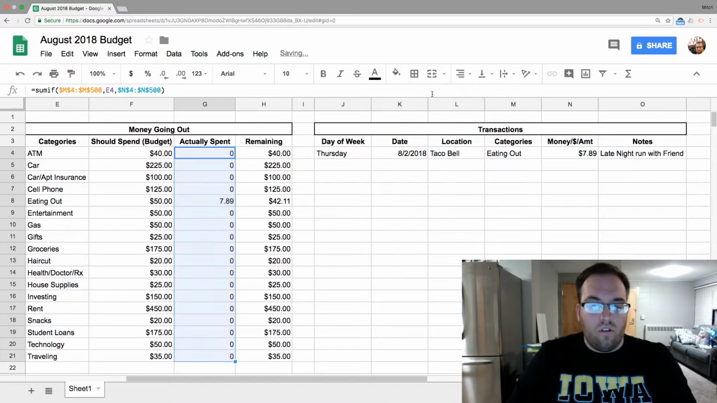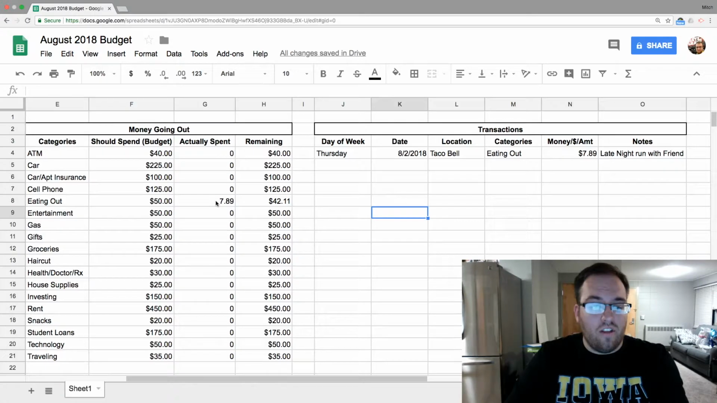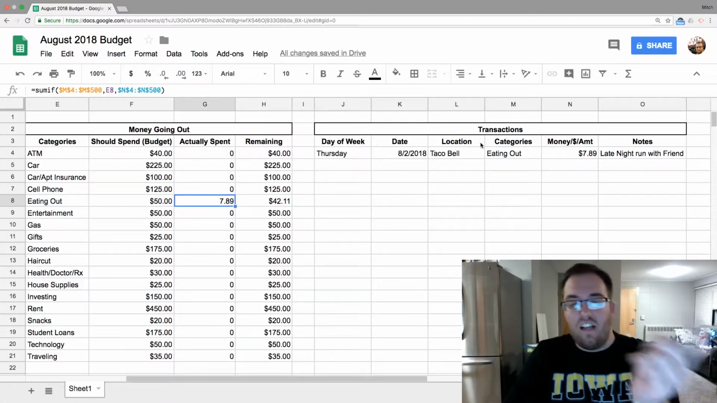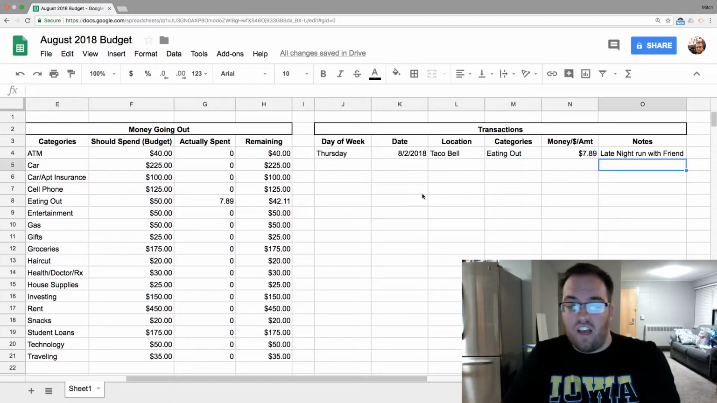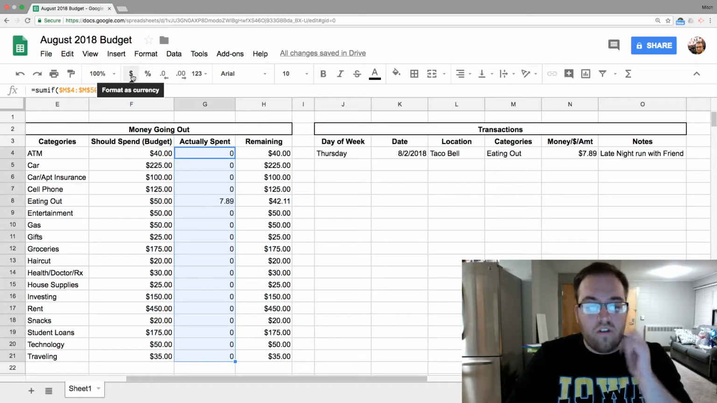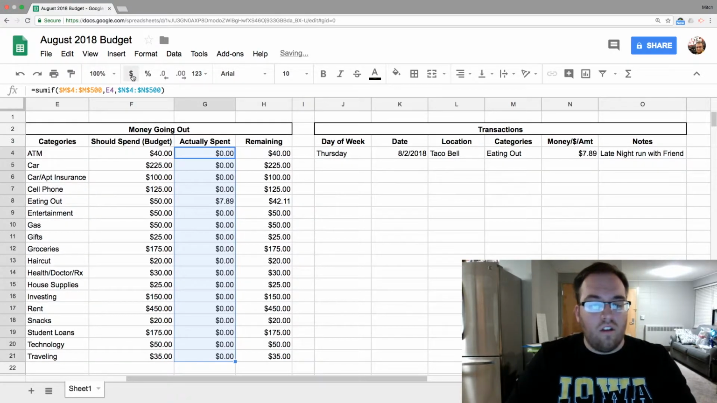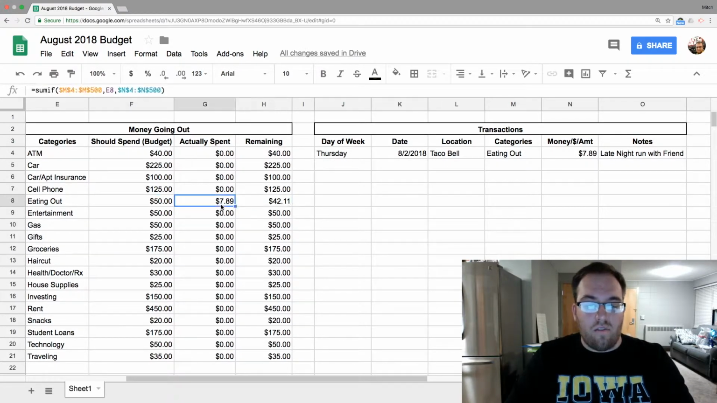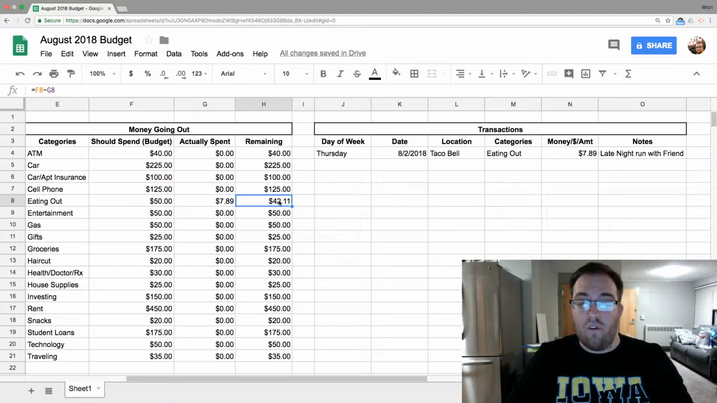And so I'm going to reset the color. You'll see that automatically on the eating out, it pulled in the $7.89 that we did over here in the transactions category. So what we're going to do next is highlight everything over here, go up to currency, and format it as money. So then $7.89. If I have $50 to eat out, and I've spent $7.89, that means I have $42.11